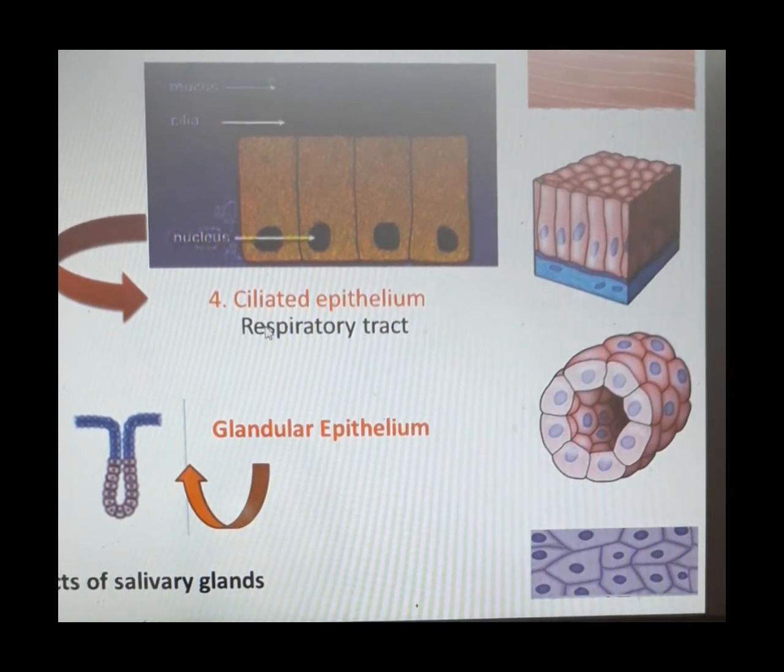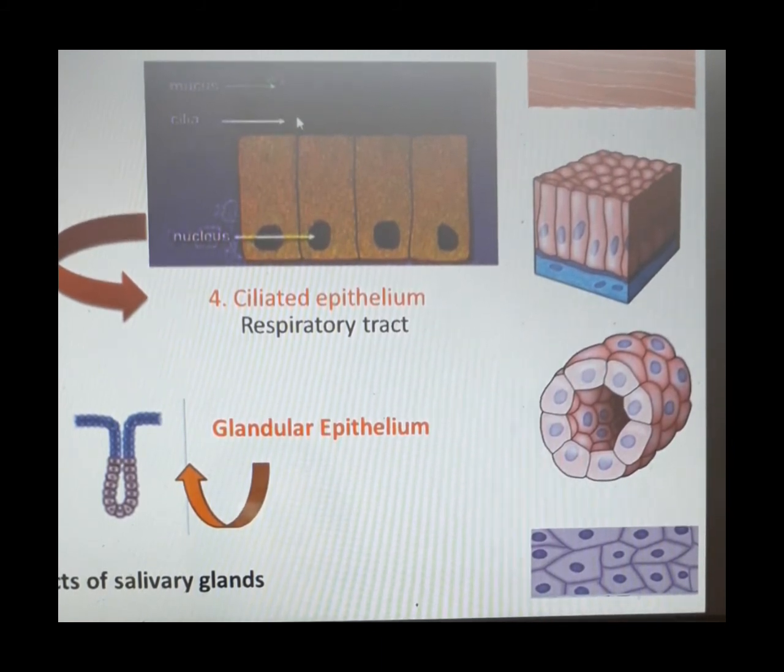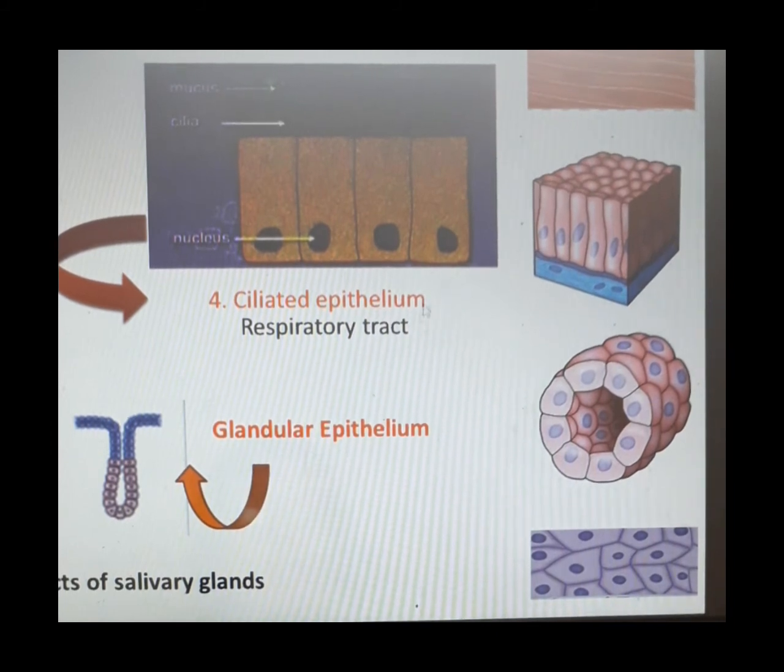They are basically present in the respiratory tract. See, when along with incoming air some dust particle or germ enters the respiratory tract, the mucus will bind to it, and that mucus is then cleared off by the rhythmic actions of cilia. So cilia have the important function of cleaning the surfaces. So this is all about ciliated epithelium. If the epithelial tissue or epithelium is provided with cilia, we will call it ciliated epithelium, and its function is in cleaning various surfaces.